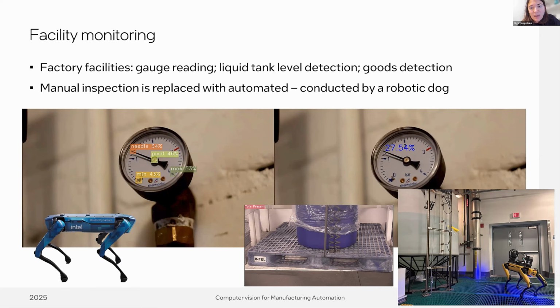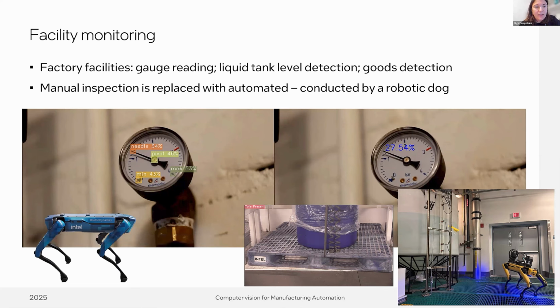So human operators have to go into the Foundry facilities and look at different gauges, for example, or liquid tanks, and inspect the level of liquids, for example, of toxic liquids. Or also just look if some goods are absent or present, and they need to do it several times per